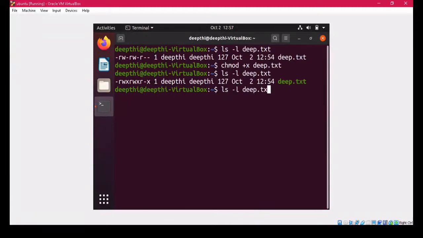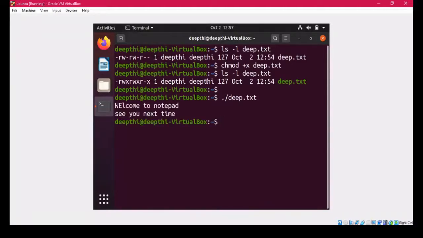As I've told you earlier also, how will we run this file? With the help of the up arrow and down arrow, you can go to the previous commands so that you don't waste time. So I have written this, and you can see that you have perfectly run this file. Now it has executed. That was a successful execution of this file.